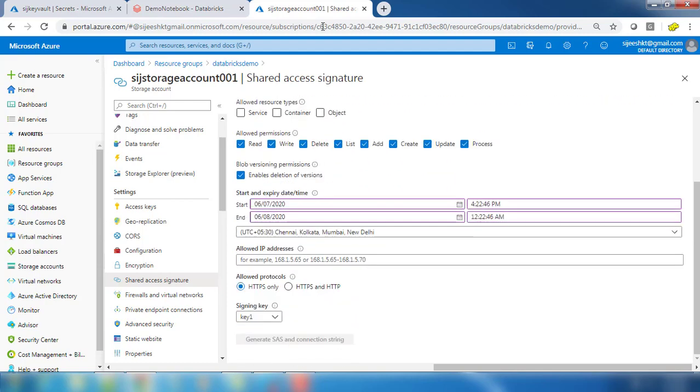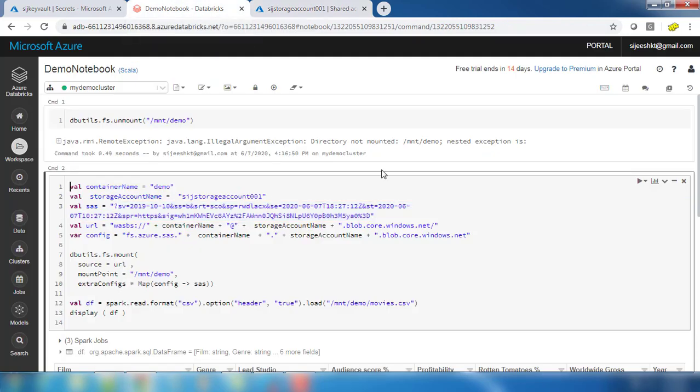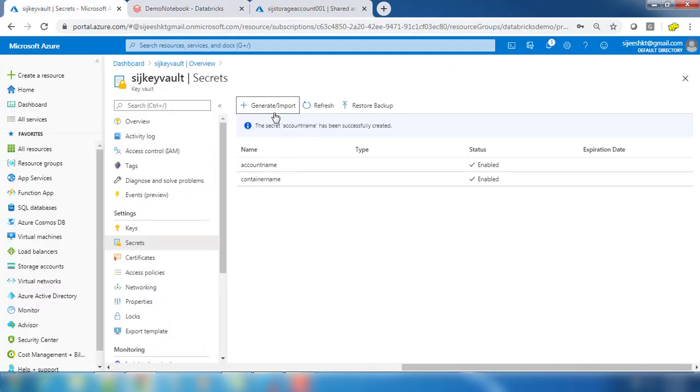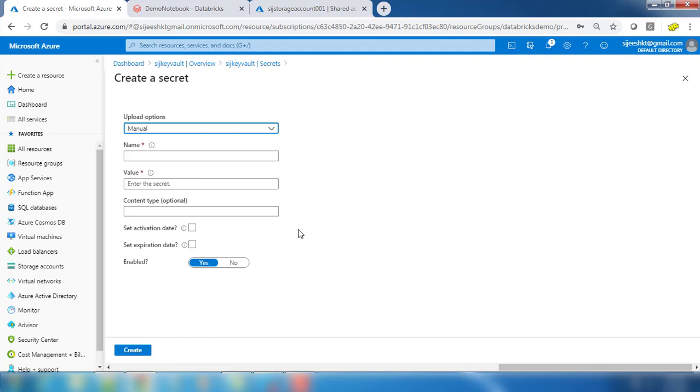I already created that and copied it, so I'm using the same key. I'm copying that key from here, and in the Key Vault I'm creating a name, whatever name you can use, my key, and making sure you have copied the correct one. That's it, and create.